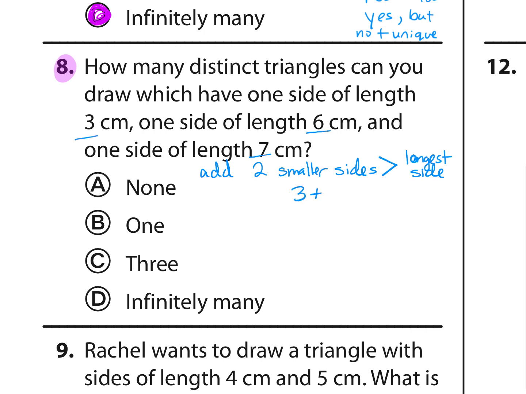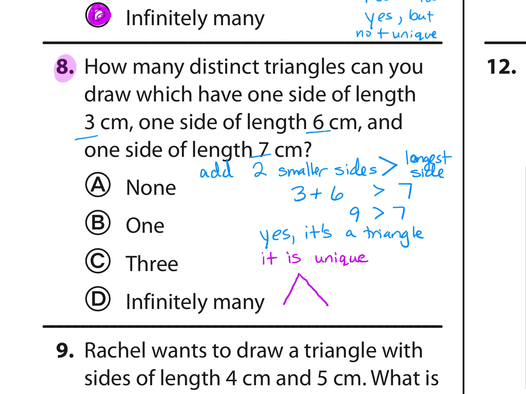So if I add 3 plus 6, is it greater than 7? That's just deciding, is it a triangle? And it is. So yes, it's a triangle. And then we have to decide if it's unique. And it is unique. And one way we know this is because if I draw those three sides, 3, 6,